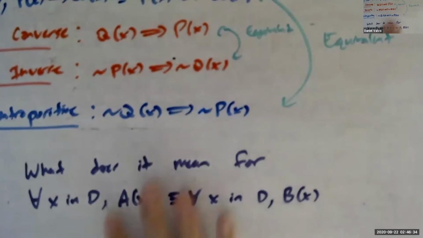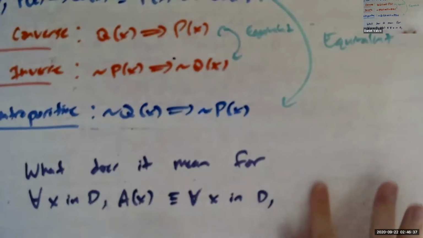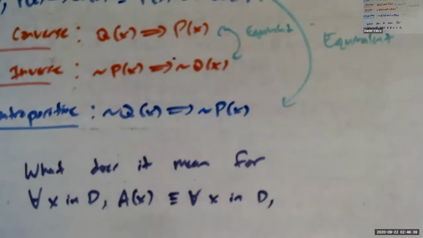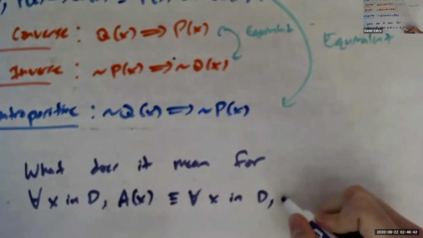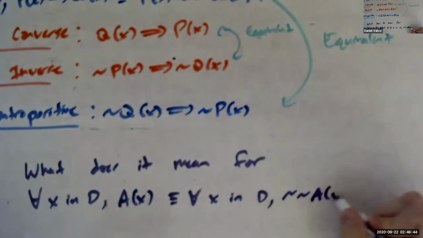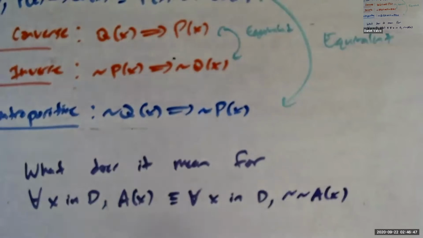Or maybe better yet, I wish this wasn't blurred. Better yet, because this is a little confusing, let's do a real one. So this is true, what I'm going to write down here. Yeah, so what does this equivalence mean here? So maybe I'll start with this. Remember that, if we say,